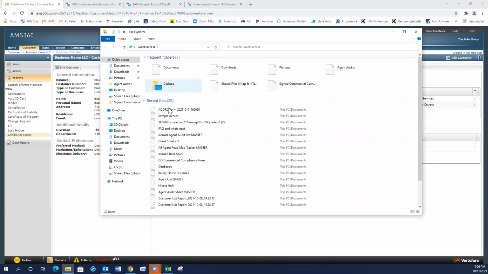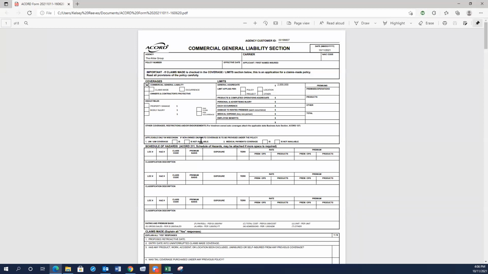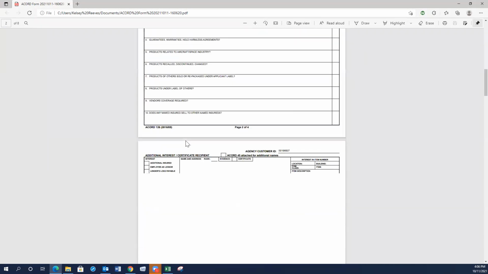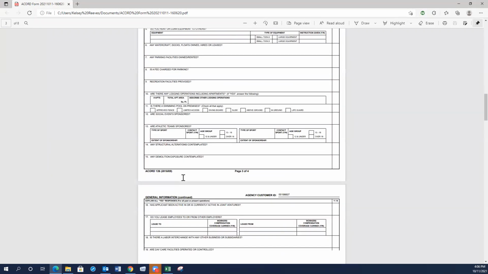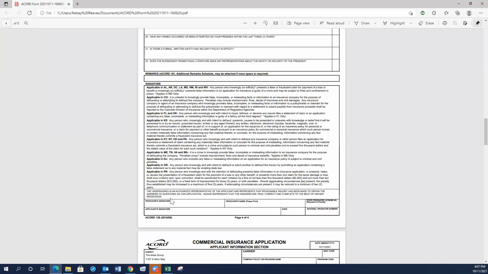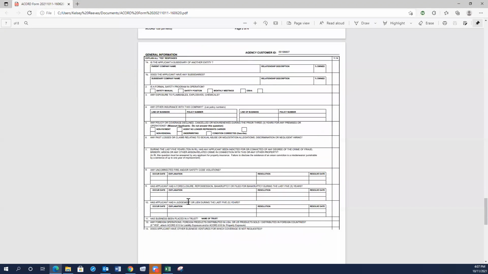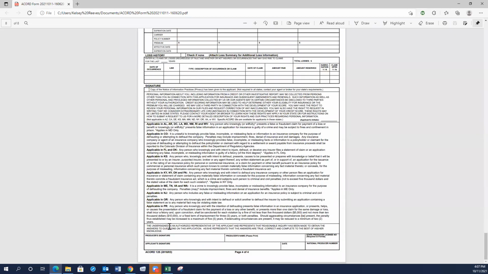Again, when you are emailing these forms to Commercial, please include the named insured in the subject line. You will also include your submission form. The ACORD form does require a signature on each form. Applicant signature on the 126, and there's going to be an applicant signature on the 125. You can download this and send it over email to Commercial at